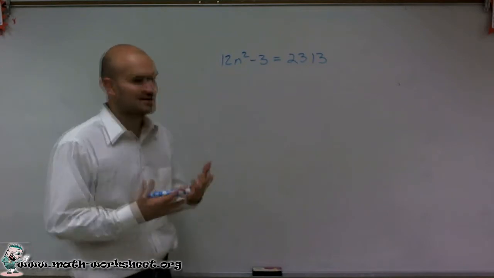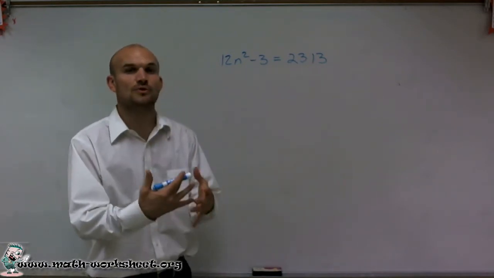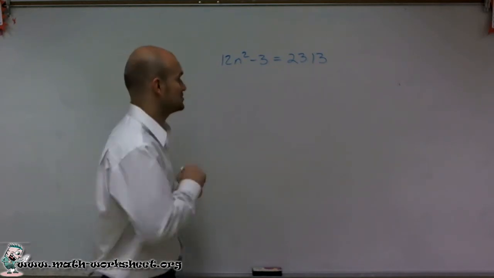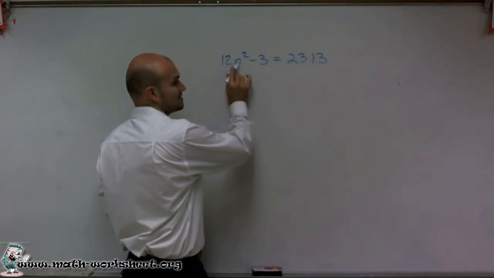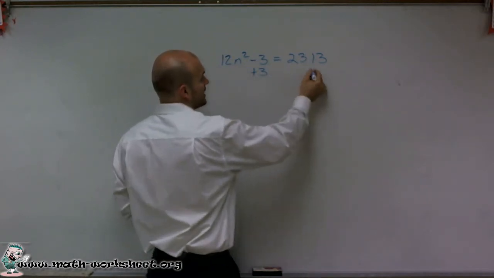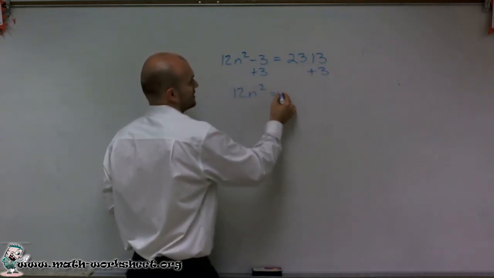So to do that, I talked about reverse order of operations. We're going to first undo what's happening to our variable by first undoing addition and subtraction. I notice right now that my variable, which I'm going to isolate, get by itself, is being subtracted by 3. So to undo that, I'm going to add 3 to both sides. Therefore, I'm left with 12n squared equals